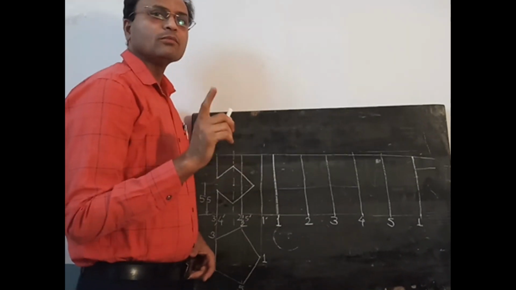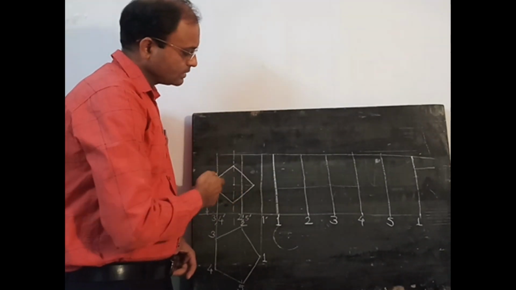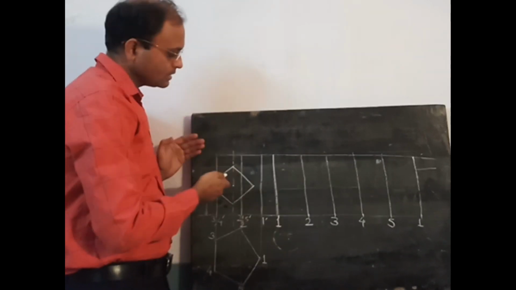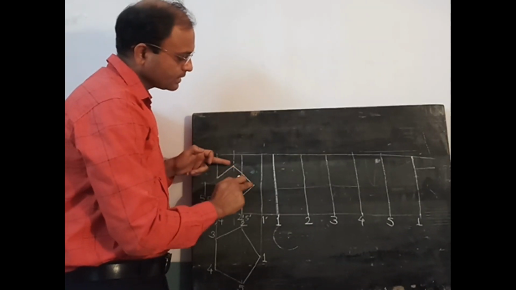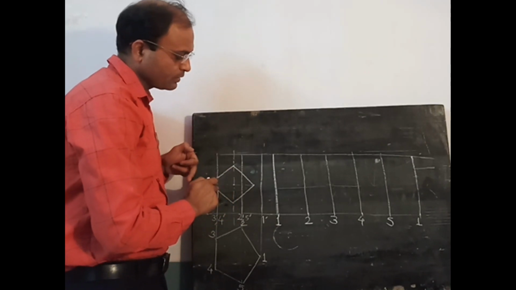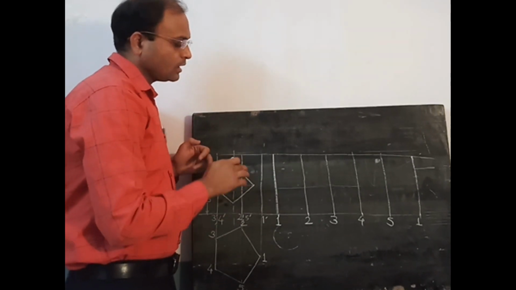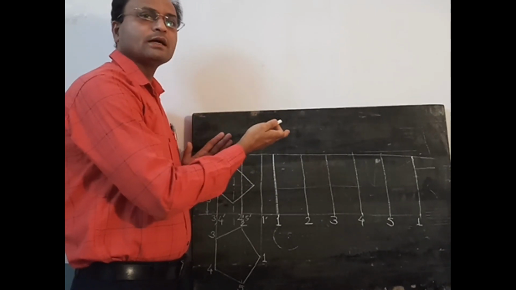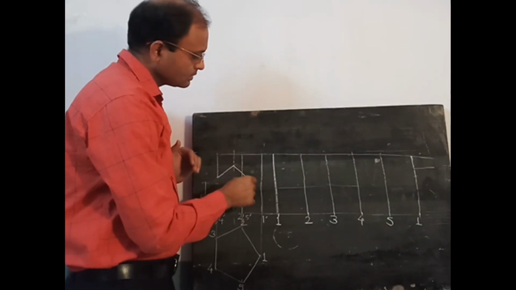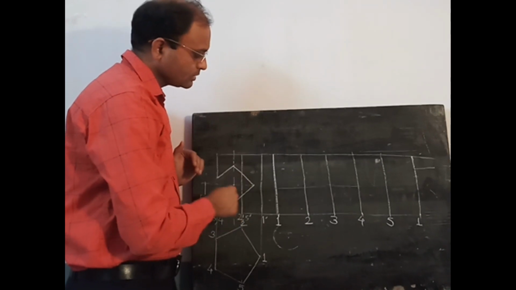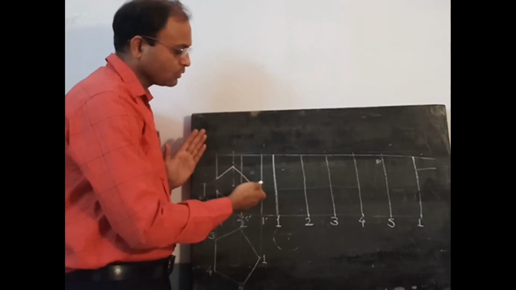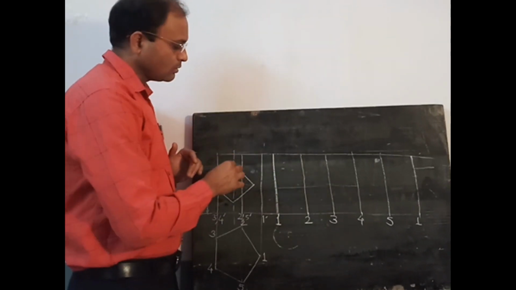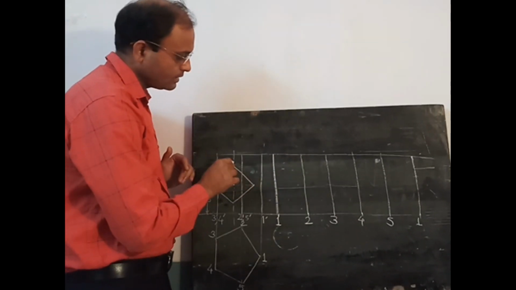Now consider the points common to the cutting plane. Here this square hole can be assumed as a combination of a number of cutting planes. You can see this is one cutting plane, this is the second cutting plane, this is the third cutting plane, and this is the fourth cutting plane. Up till now we have seen only one cutting plane cutting the particular solid, but in this case the surfaces of this square hole can be treated as 4 different cutting planes. Accordingly, we can consider the points which are common to the edges of the prism and the cutting plane.